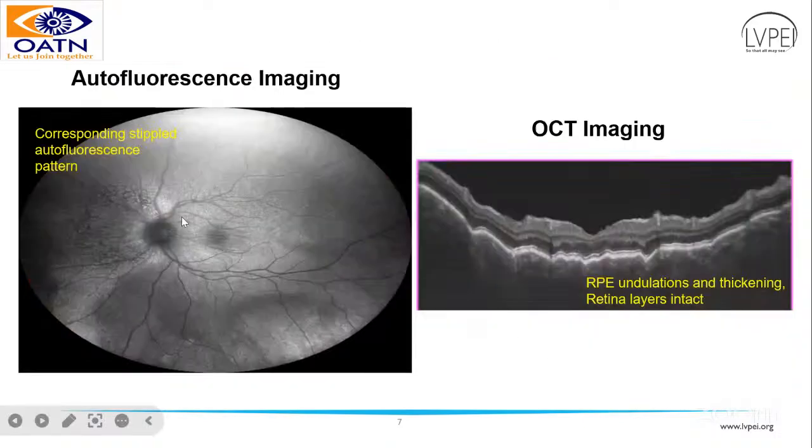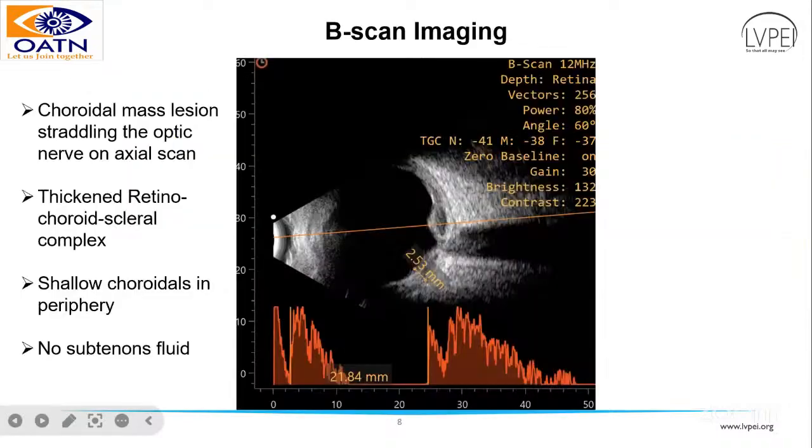Coming to autofluorescence, there is a stippled autofluorescent pattern we can see here. Coming to OCT, there are some irregularities in the RPE and all retinal layers are intact, but the thickness is increased. The foveal contour is good, so the vision is preserved in the left eye. Coming to B scan, here we can see a thickened RPE-choroid complex, and here there is a choroidal mass lesion